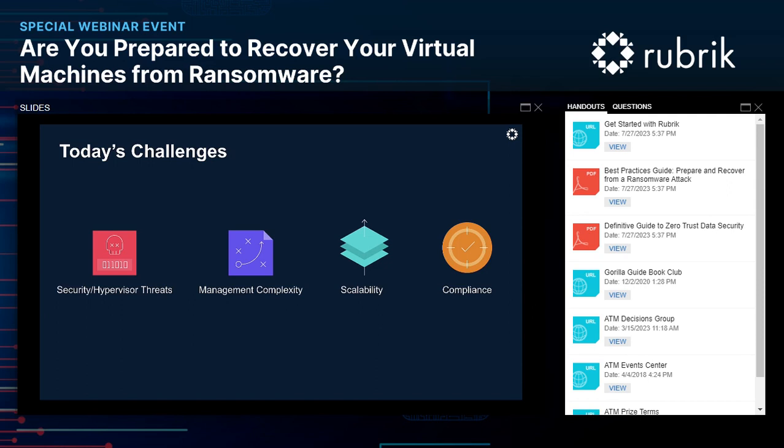The challenge with a cyber recovery versus a traditional recovery is that with traditional recovery, you generally know what it is that you're trying to recover. You have server A and you want to recover it from yesterday. With cyber recovery, you don't generally know all of the systems that you'll need to recover, nor to what point in time you need to recover them from.